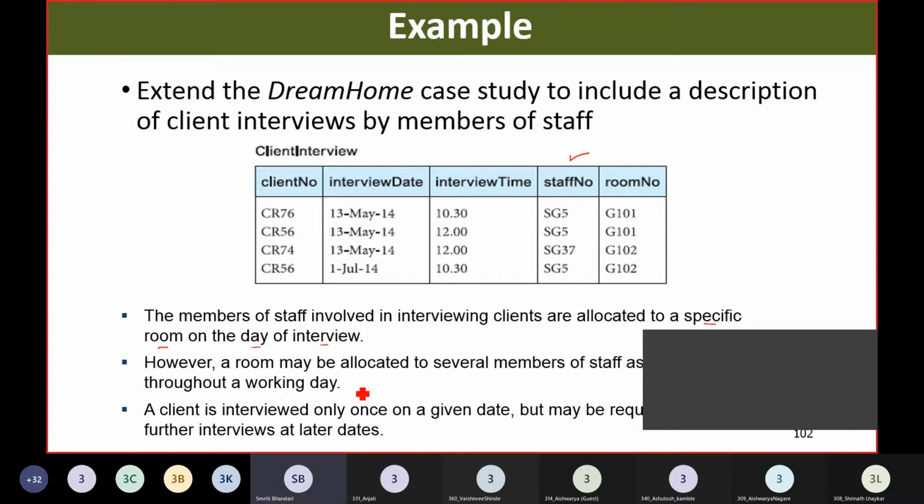This means that not necessarily one room is allocated to one staff, but one room may be allocated to more than one staff. Say for example, if we look at this information that we have,